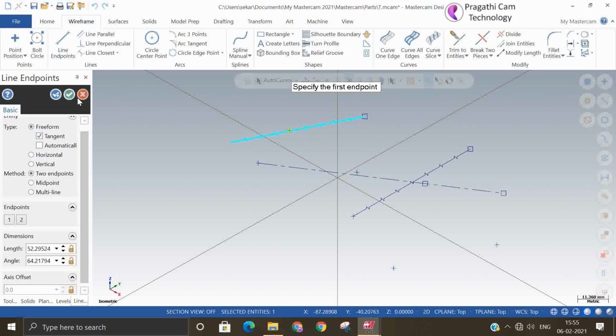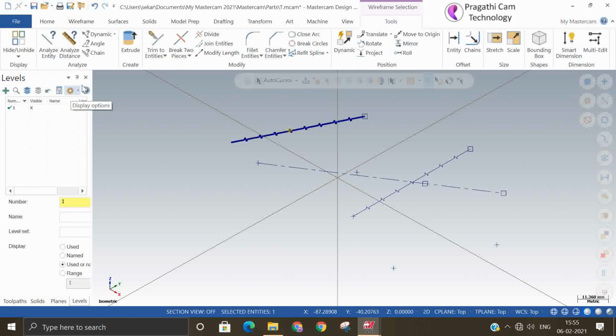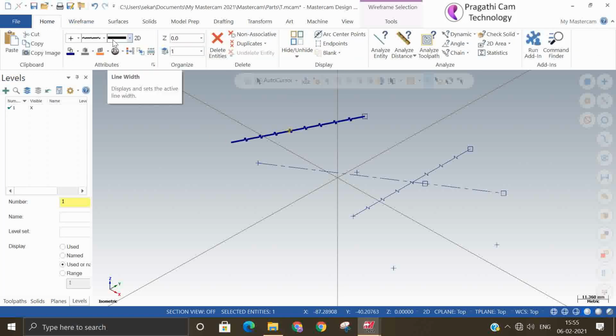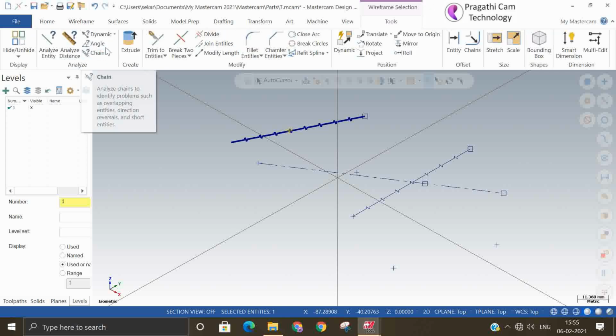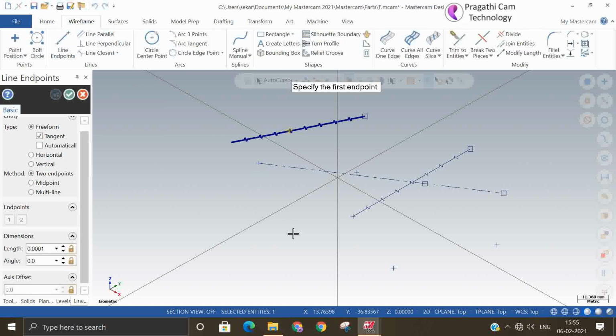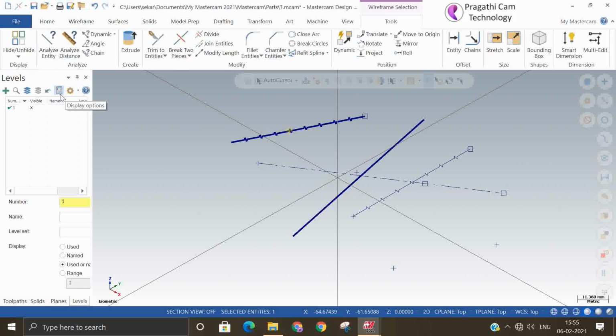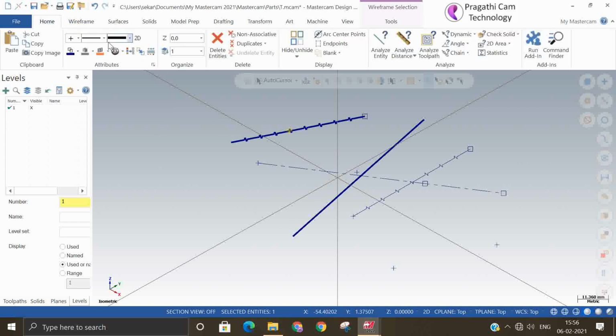All these properties you can change. You can see that thickness is increased now. So I will make a normal line now. I have made one ordinary line. Like this line thickness also you can increase as per the requirement. So this is nothing but the property change of the entity. What property this entity should have, that you can make.